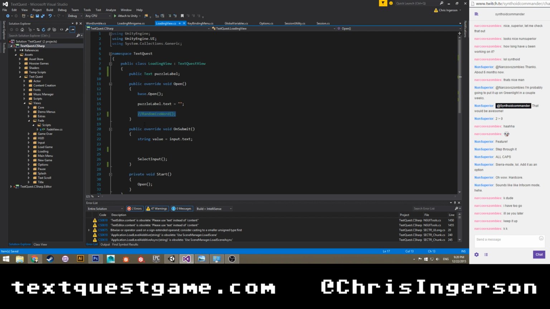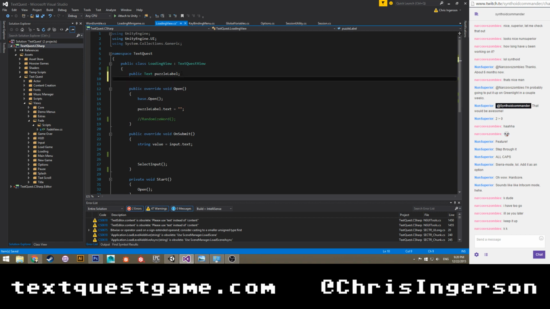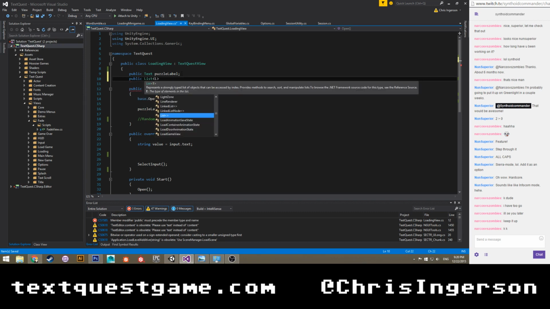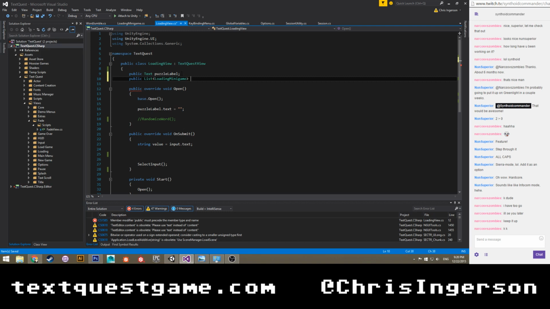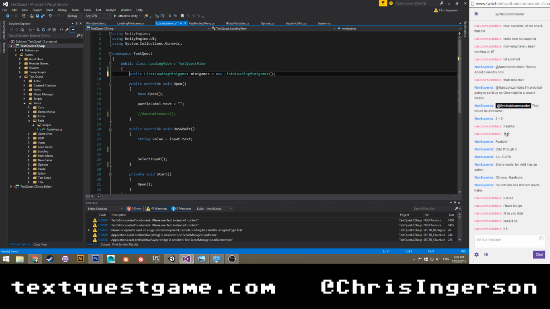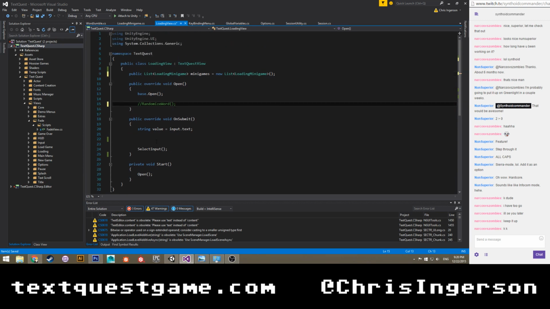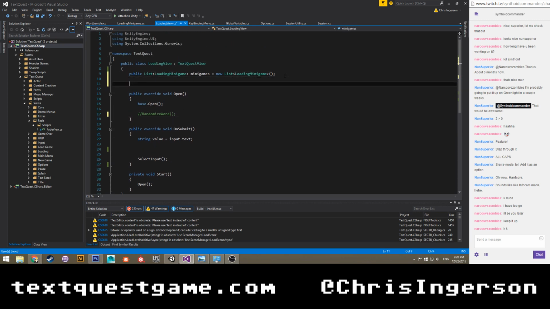So let's go ahead and say public List loadingMinigames equals new minigames. Okay. Get rid of this. Get rid of this. Private LoadingMinigame currentMinigame equals null.